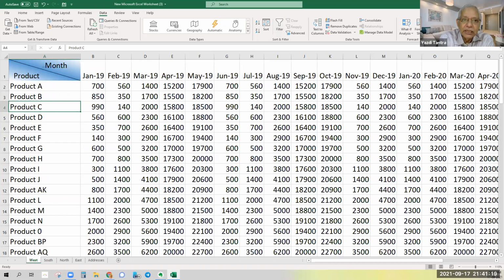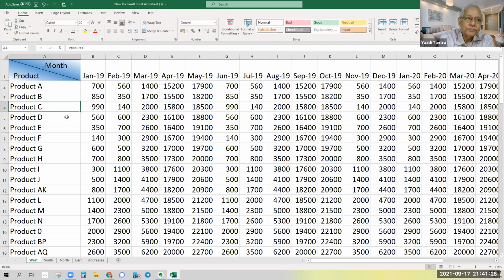But I am a lazy guy. I have removed the filter. So I am a lazy guy. So I don't like to pick up my mouse anywhere in this sheet. I don't want to pick up my mouse, go to data, point to it, then go to filter, etc., etc. So if I want to add filters to any table, what I have to say is Control Shift L, and the filters are there. Can you see the filters have come up? If I want to remove the filters, Control Shift L.